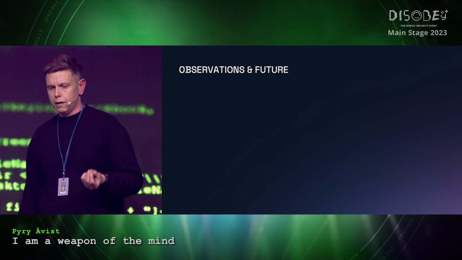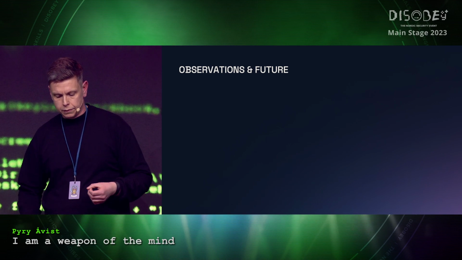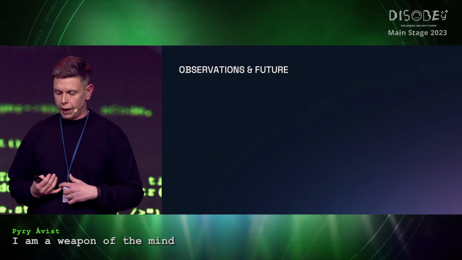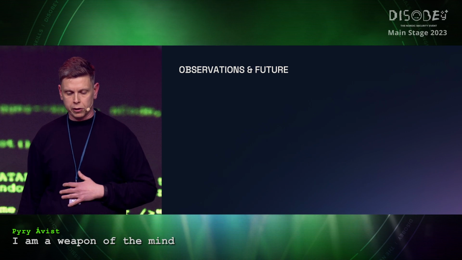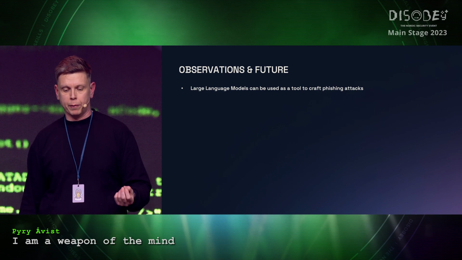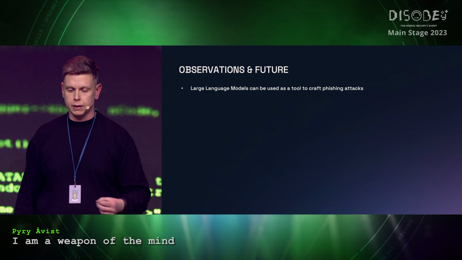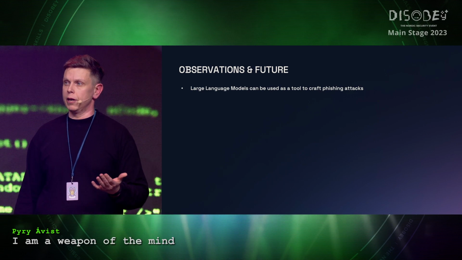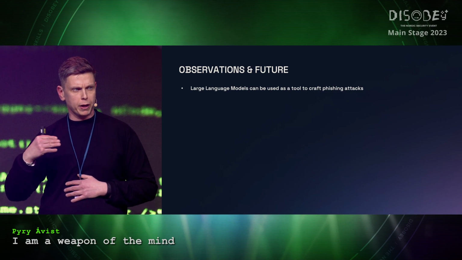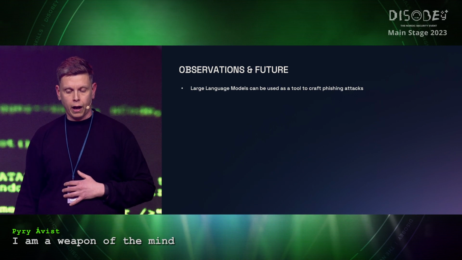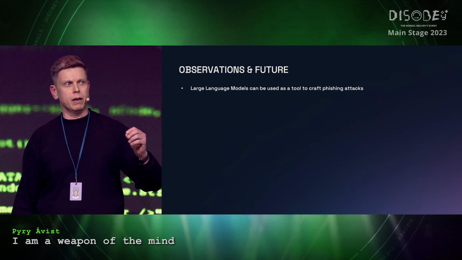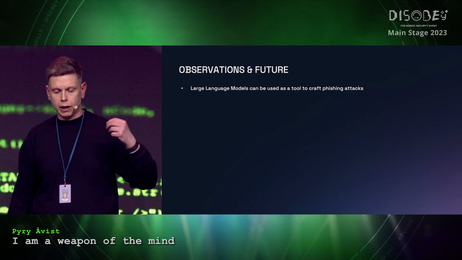So that was the experiment we did, and we are really happy that we did this, that we understand what these can do, and let's talk about what this could mean. Based on this, we can totally say that large language models can be used to craft phishing attacks. That's obvious here. So you get not as big failure rates, not as effective attacks, but you do get attacks that convert humans and get them to click links. And that's something that wasn't possible maybe 8 months ago. And that's really interesting.